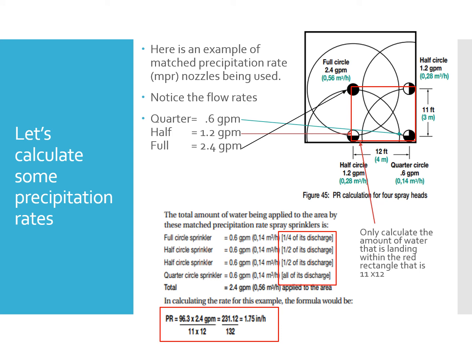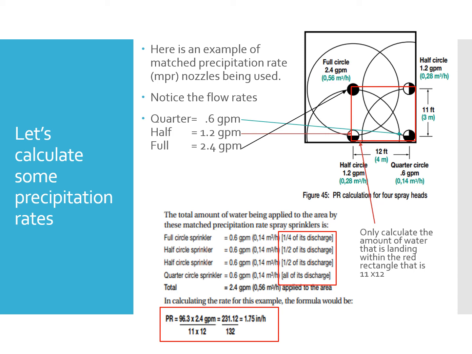Okay, so now we're going to do a little bit more calculating on precipitation rates. Here we have an example of the MPR nozzles being used. That's matched precipitation rate. So notice the flow rate. Here we have a quarter circle that is 0.6 gallons per minute. We have a half circle, which is 1.2, which happens to be twice as much as the quarter. And then we have a full circle, which is 2.4 gallons a minute, which happens to be twice as much